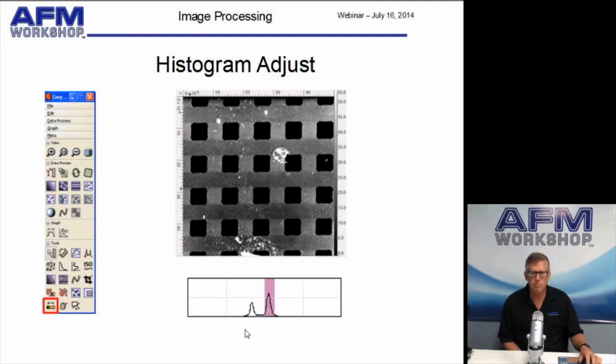So in this image, this small peak right here corresponds to these black dots. And this large peak right here corresponds to the top surface. What I've done is I've used this histogram adjust feature to highlight just the top features on this surface. You can see now all of the very fine detail of the particles and the surface texture on this